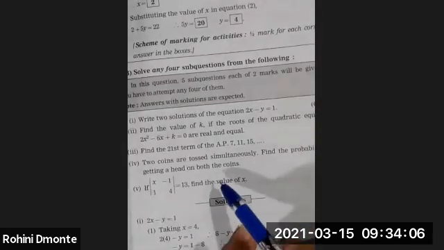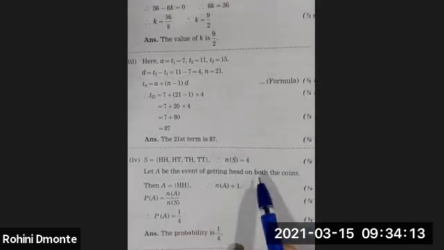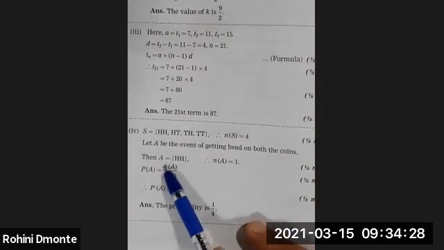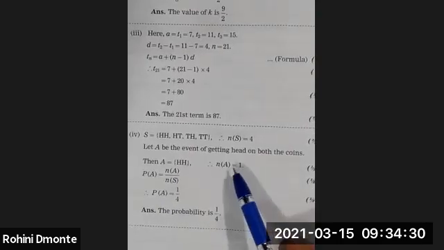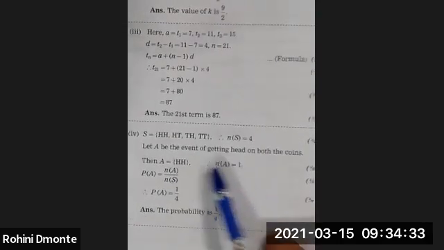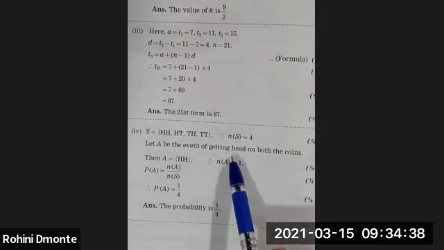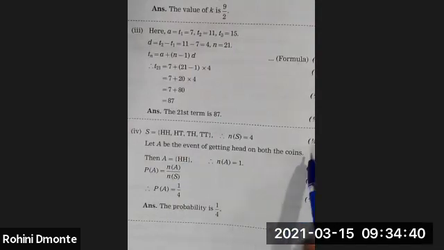Now let us write the sample space for the event A. Our event A is getting head on both the coins, right? We want head only. We don't want tail, or any combination. We want purely head on both the coins. So what will be the sample space of the event A? A is equal to head only. So how many sample points will be there here? Only one, right? Now what do you have to find out? The probability of getting head on both the coins.